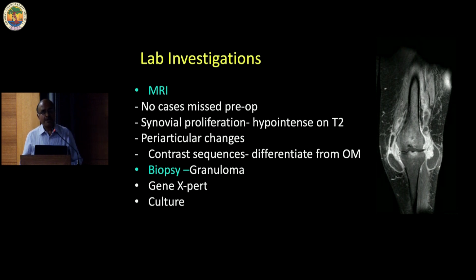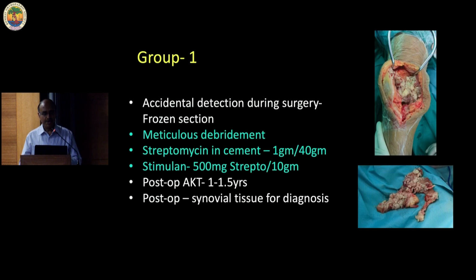So basically, there are 4 groups of patients when you are thinking of doing a joint replacement in tuberculosis. The first group is accidental detection during the surgery. Suppose a rheumatoid or osteoarthritis patient whom you have taken up for a knee replacement surgery or any other surgery, and you find a certain amount of caseous tissue, and you send it for frozen section, and it may come out to be tuberculosis. So in this type of case, do a very meticulous debridement, and use streptomycin in the cement,